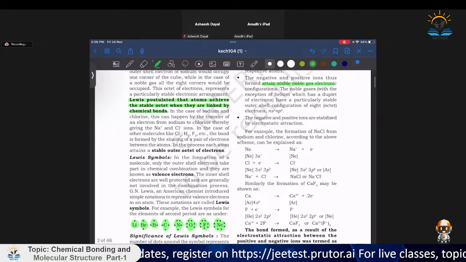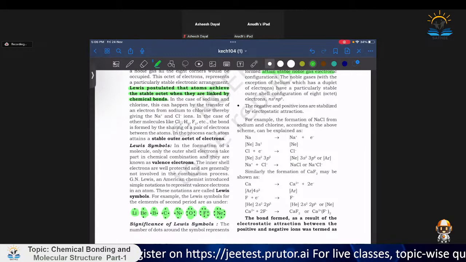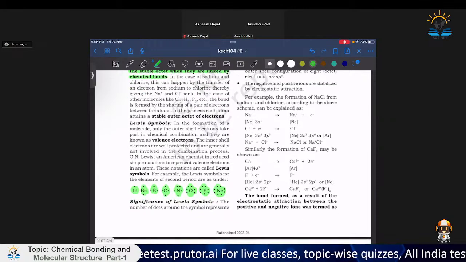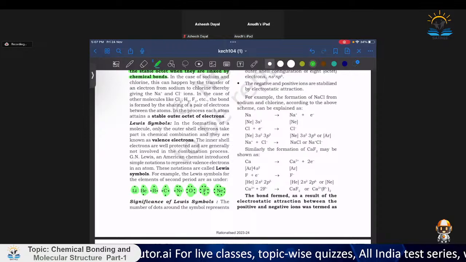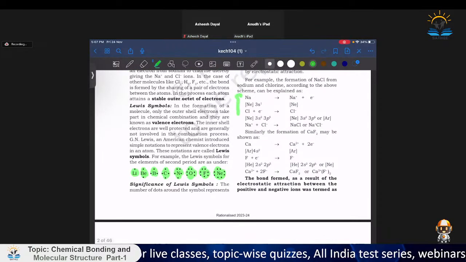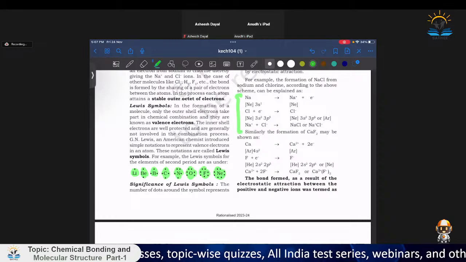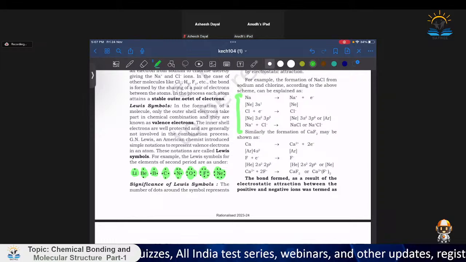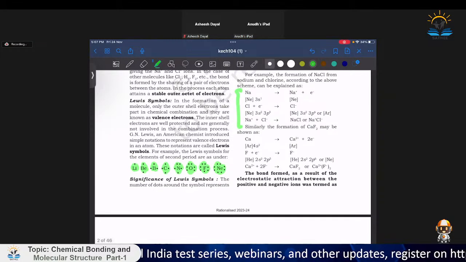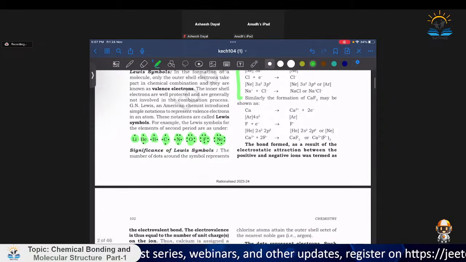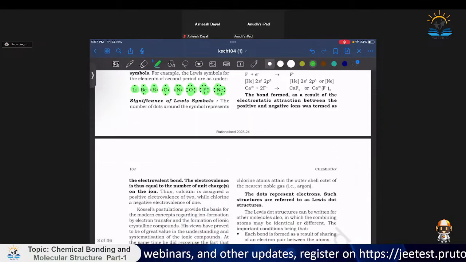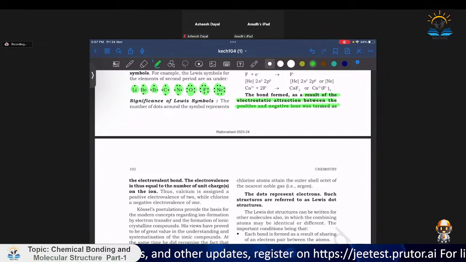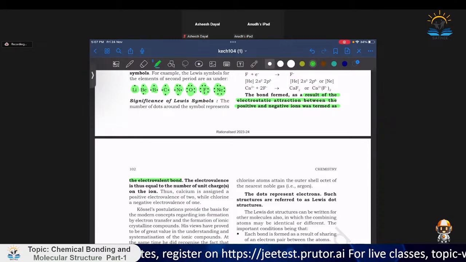All right. The negative and positive ions are stabilized by electrostatic attraction. So for the formation of NaCl or CaF2 or other compounds, we can see how sodium is losing an electron and achieving the noble gas configuration of argon. So this bond formed as a result of the electrostatic attraction between the positive and negative ions was termed the electrovalent bond. And electrovalence is thus equal to